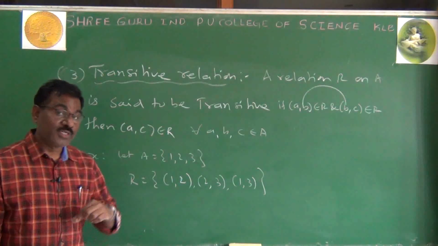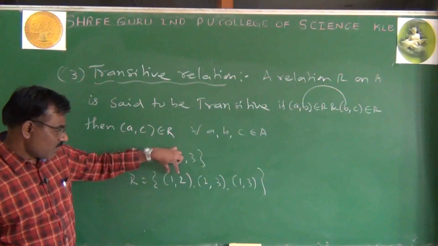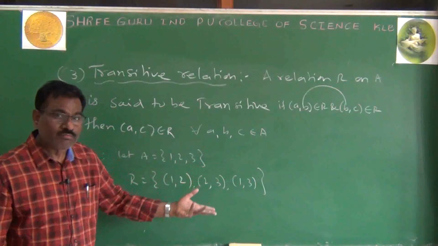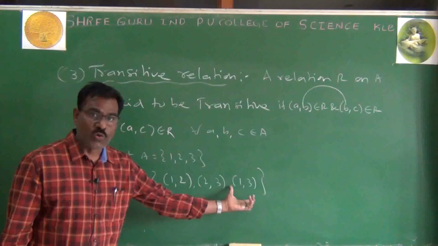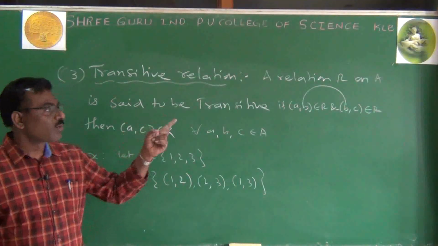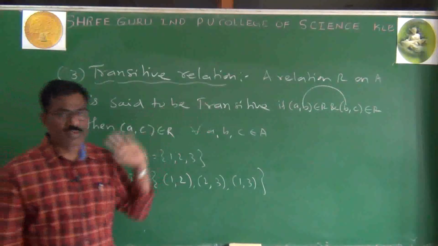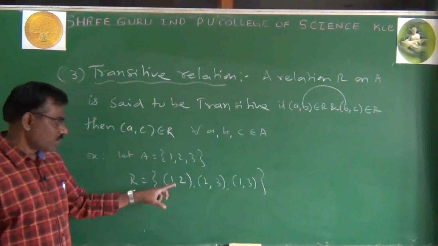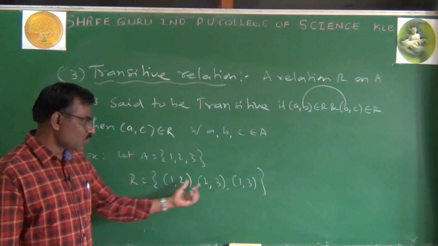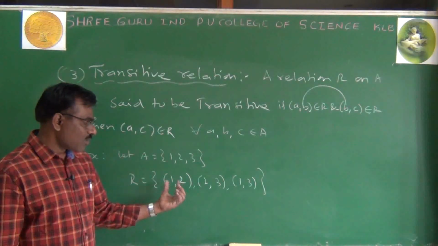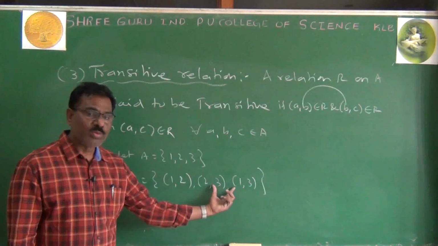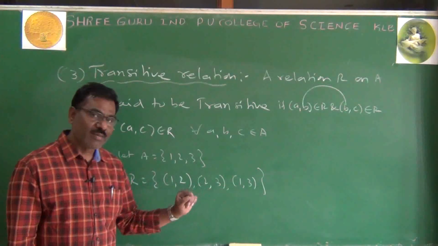You have to check another possibility. Whether these two, okay. Can you take these two? No. Can you take these two? No. How to take these order pairs? A comma B, B comma C in this order. So only one possibility. So the student questions: Sir, you are taking 1, 2, 2, 3, and 1, 3 is there. So I am taking these two. These two are not possible. I told you this and this must be same.